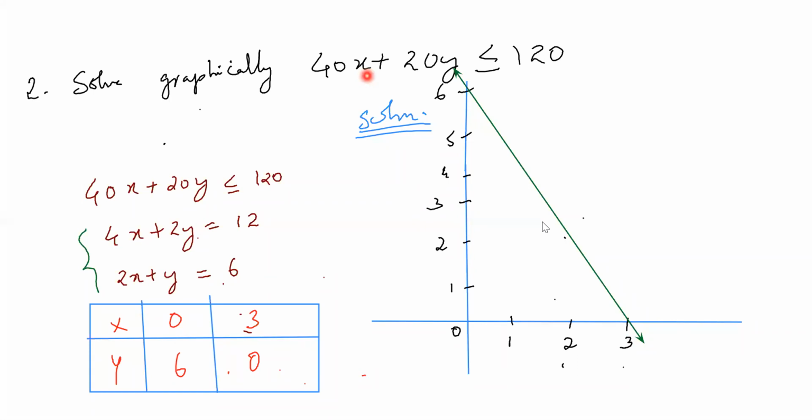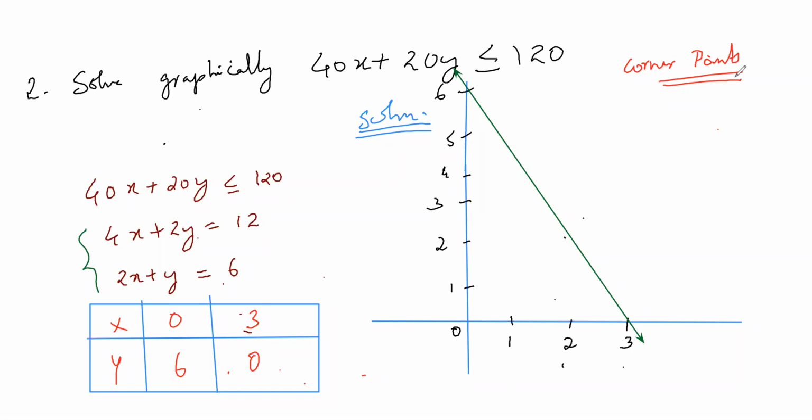Okay. The next step for us is to shade the two parts. We have to shade either this part or this part. Before that, I would like to introduce one thing which is not there in your textbook. That is called the corner points, which I will be mentioning. Just listen here for 1 minute, only one thing.